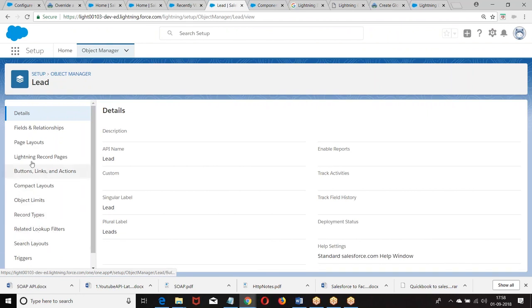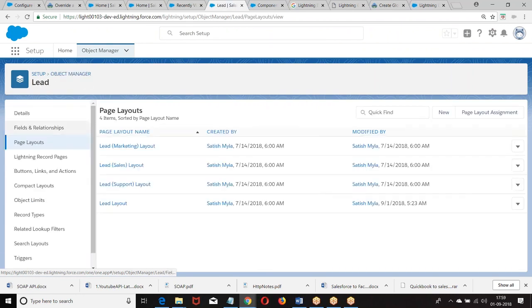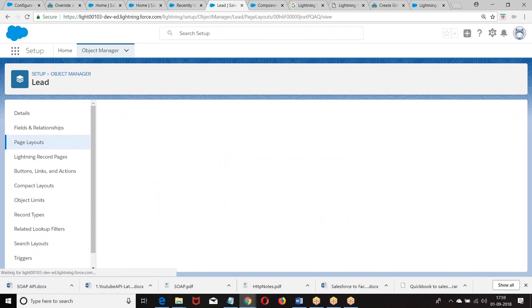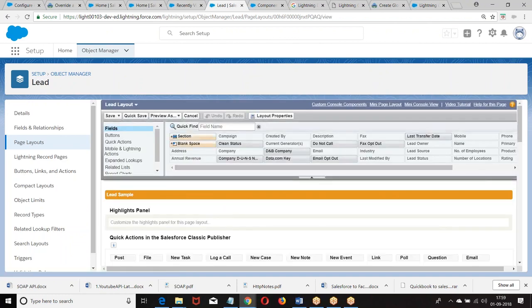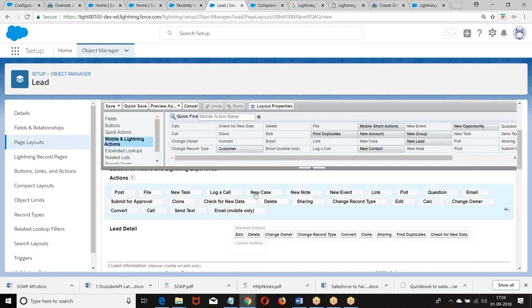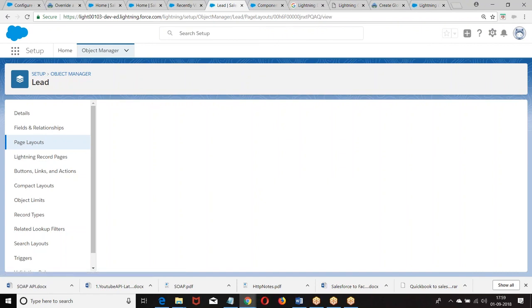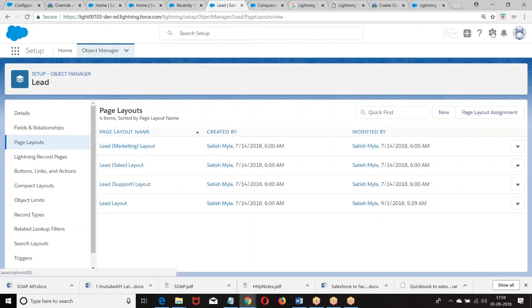Go to page layouts. Okay. Go back again.